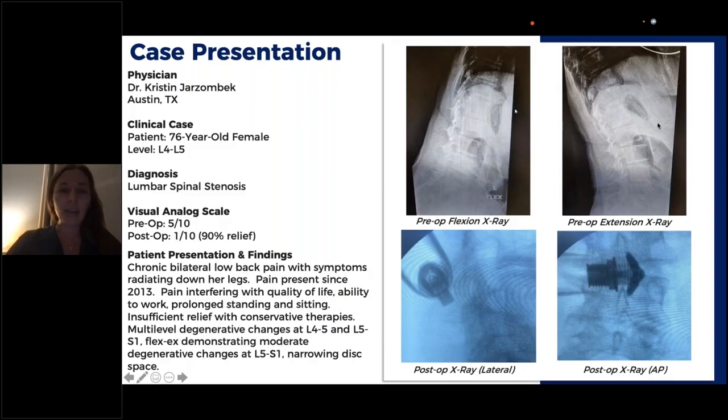She was pretty adamant about not wanting any kind of spine surgery. She's, again, very active, was trying to enjoy her retirement, enjoy her time with her grandkids. She just wasn't prepared to undergo any kind of recovery that would come with a more invasive spine surgery. After a very thorough discussion with her, and this wasn't a decision that was made during one office visit.